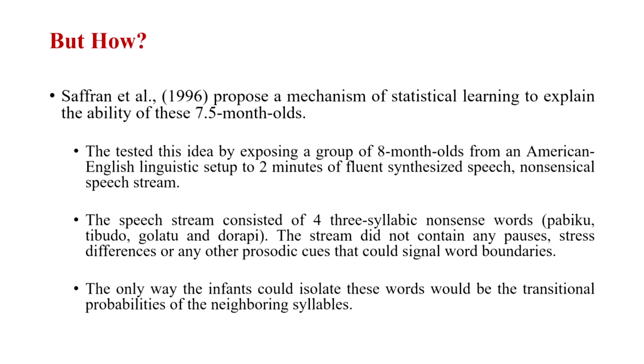They proposed a mechanism of statistical learning to explain the ability of these 7.5-month-olds. How did they do this? They tested this idea by exposing a group of 8-month-olds from an American English linguistic setup to 2 minutes of fluent synthesized speech, nonsensical speech, which was devoid of any other clues, any familiarity, any meaning relations, and so on. This speech stream consisted of 4 trisyllabic nonsense words like pa, bi, ku, ti, bu, do, go, la, tu, and do, ra, pi. So, you can see pa, bi, ku, 3 syllables, ti, bu, do, 3 syllables, go, la, tu,